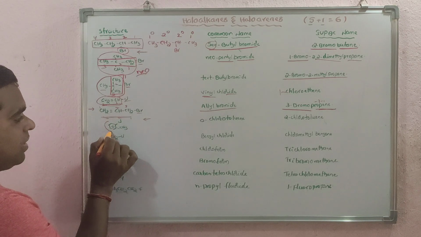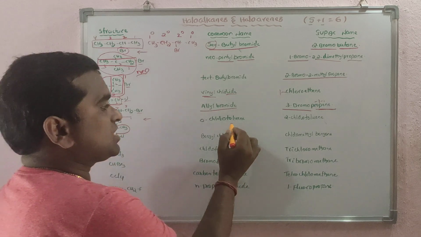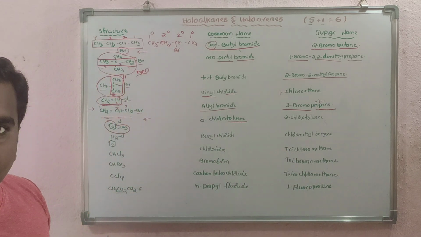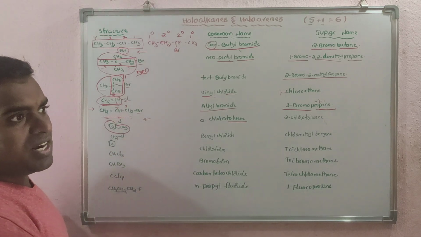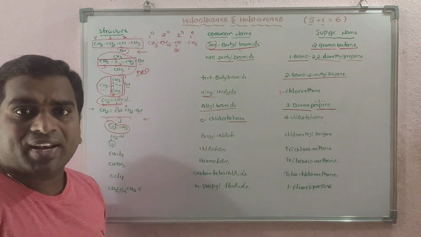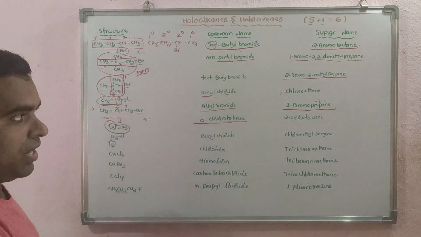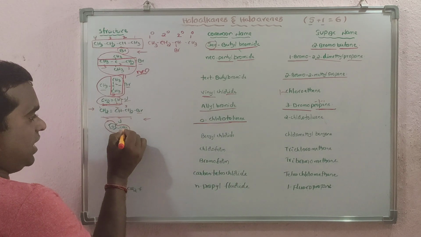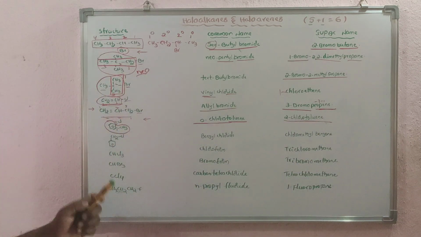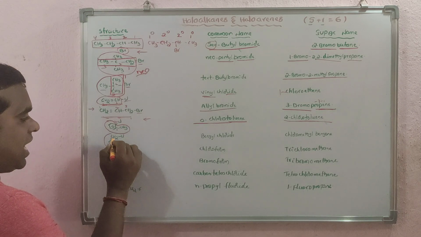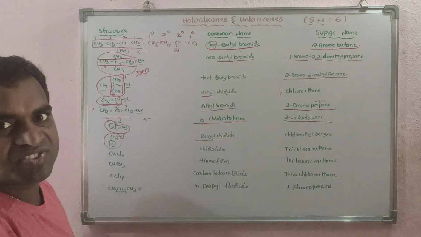And next, a group is there on the benzene ring. If there is a CH3, that compound we will call toluene. It is a common name as well as the IUPAC name. Clear? And I already mentioned, if you write the common name, you have to write ortho, meta or para. So it is on which position? Ortho position, orthochlorotoluene. So when you are giving numbering, this is toluene, so we have to give priority to this as 1, and the chlorine gets 2. So 2-chlorotoluene. And next one, the carbon directly attached to benzene we will call a benzyl carbon. To the benzyl, chlorine is added, so that's why benzyl chloride.